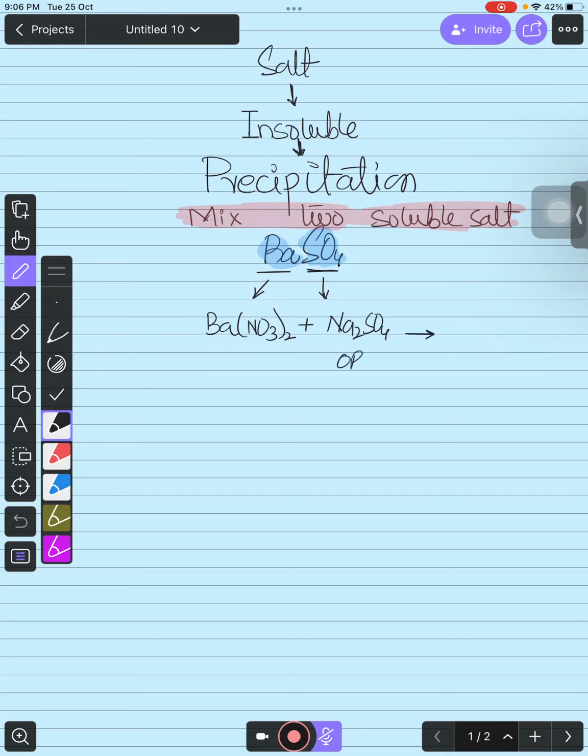Even you can use sulfuric acid, but this is acid. We know that there is no reaction of sulfuric acid with barium nitrate, but right now,